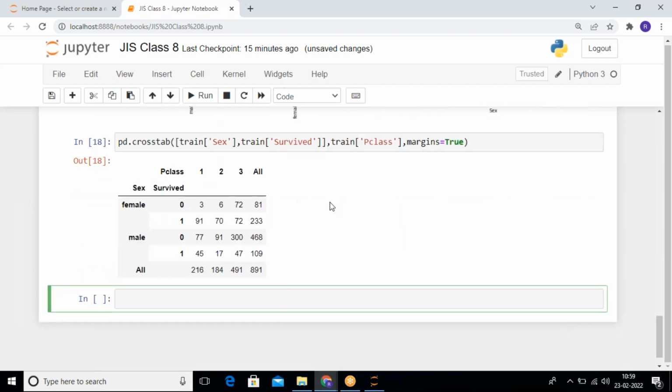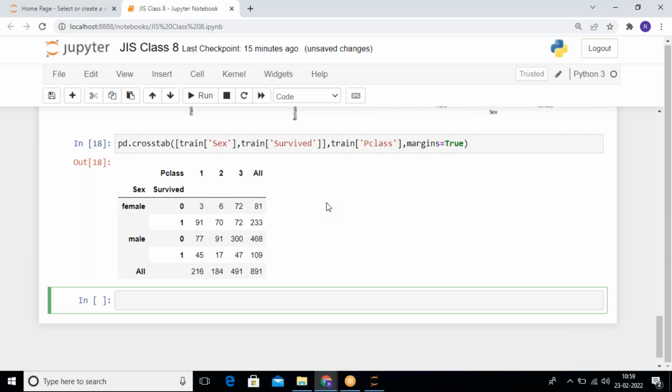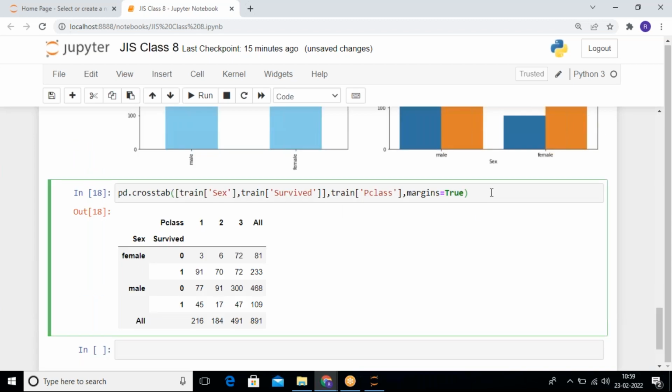See, try to understand the concept। Overall we have the passenger class, okay। Our rows are represented by the gender, okay, and next column is basically represented by whether the person has survived or not in both the genders। This is basically a matrix, or we can say cross tab, cross check कहते हैं ना, cross tab, cross check, something like that। वही चीज the graphical format में था, मैंने उसको I represented it in the matrix format।